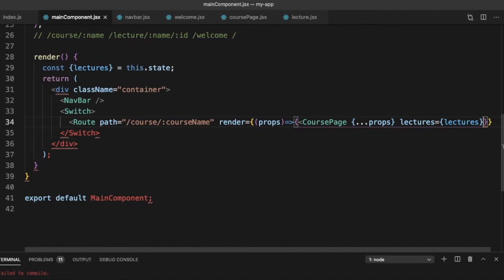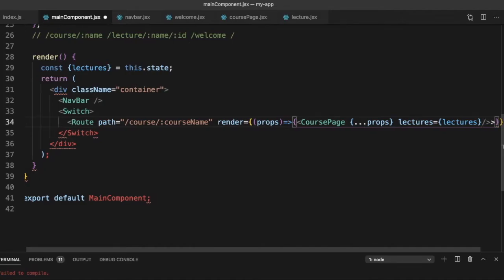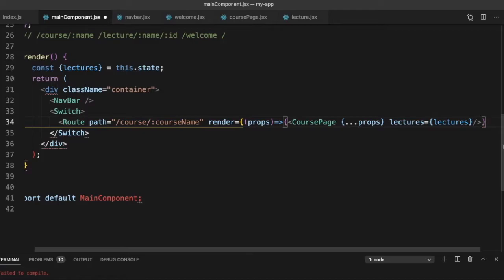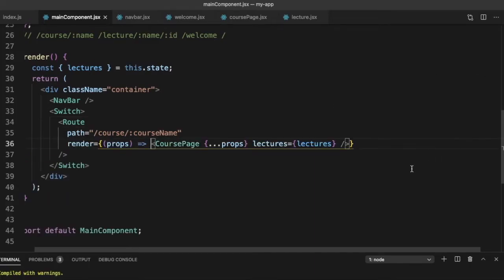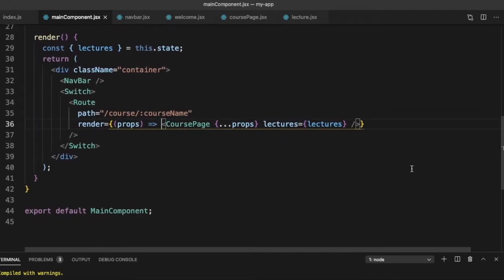And let's close our component, the render, and the route. So some error here, let's just check it. Props goes to, there should be no bracket here. So we have created the route for the course.